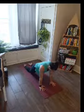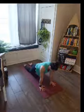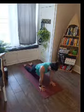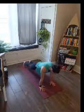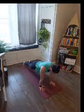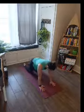Inhale. And exhale. Inhale. And big exhale. Inhale. And exhale. 2 more strong plank. Inhale. And release. You got it. Last one. Inhale. And exhale, release, dropping to the knees, untuck the toes, push it back to child's pose, and